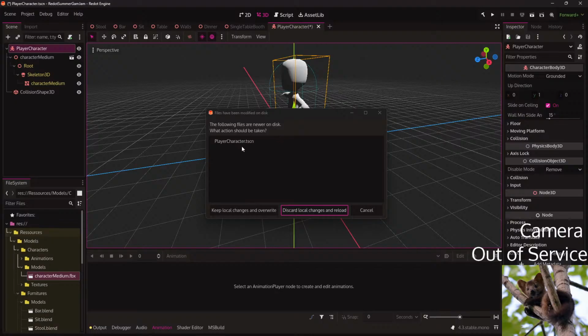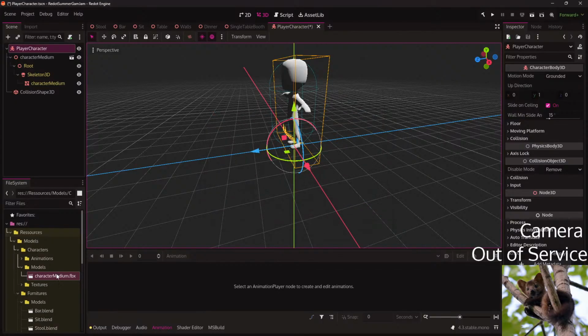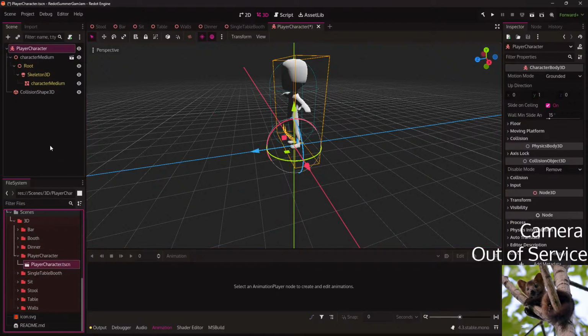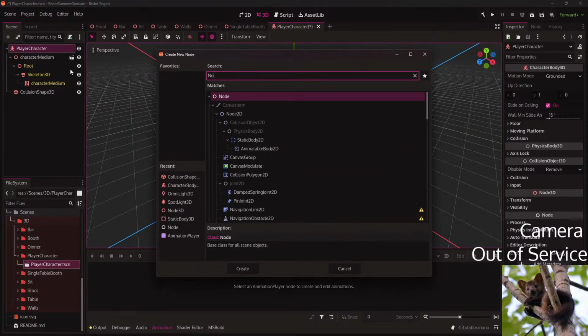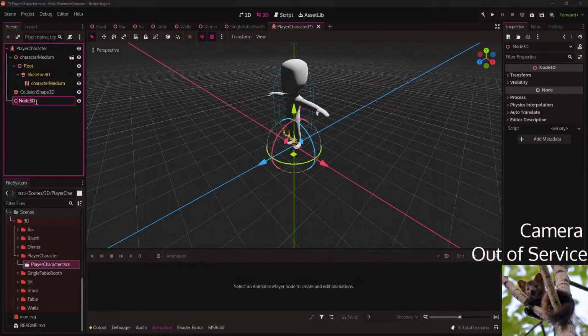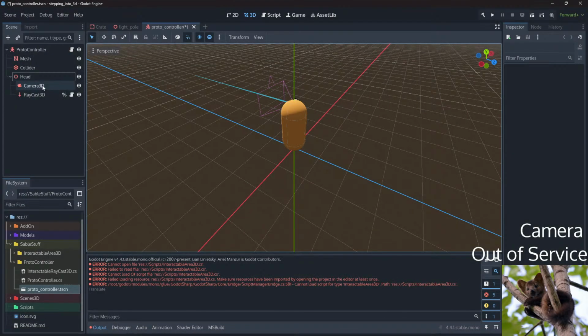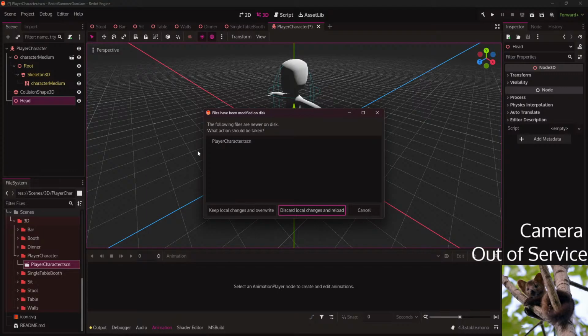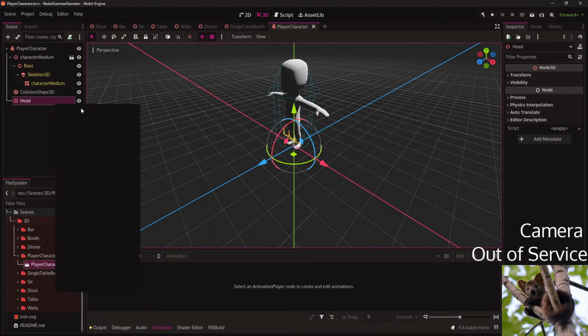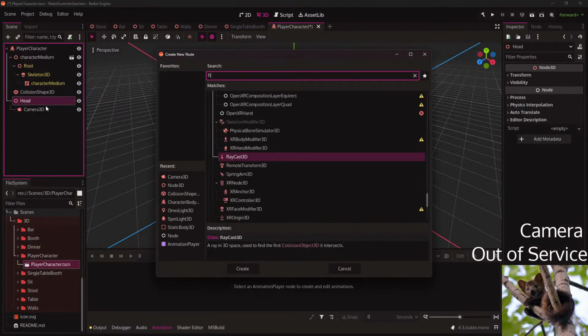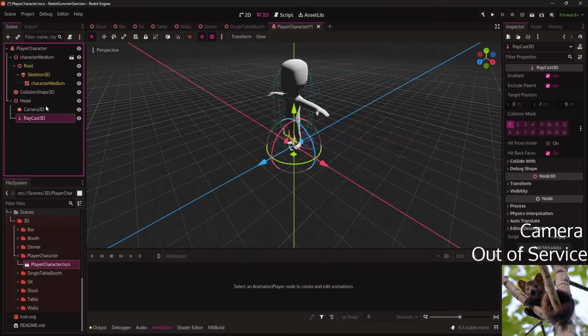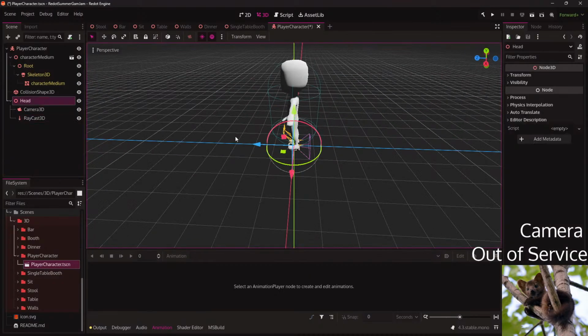Following files are newer on disk. I don't know what. Do we have a Node3D? And a camera. Come on! Alright, so head.